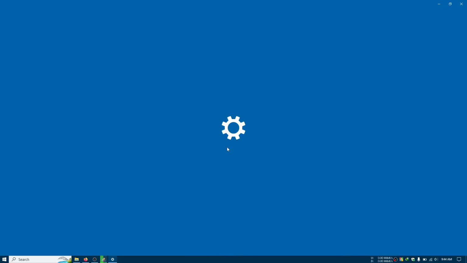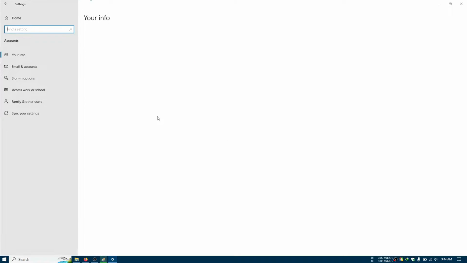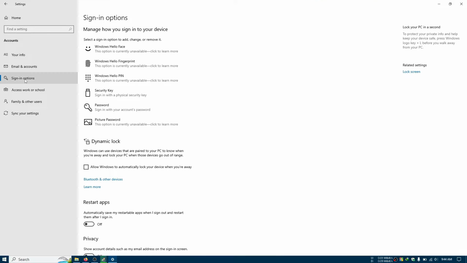This is a necessary step, changing the password or assigning a password. Go to accounts, sign in options, and click on password,